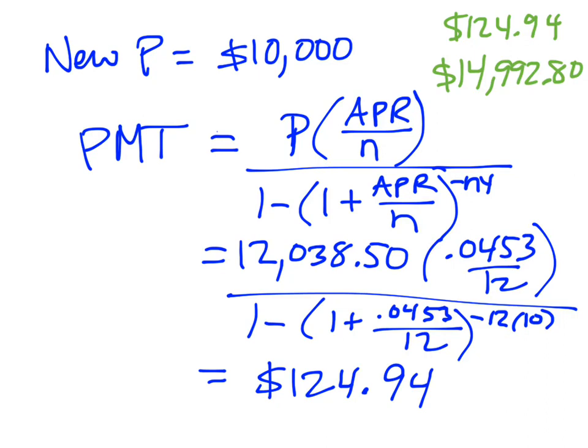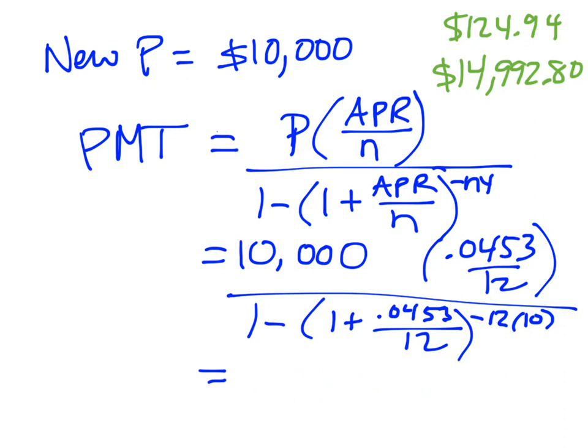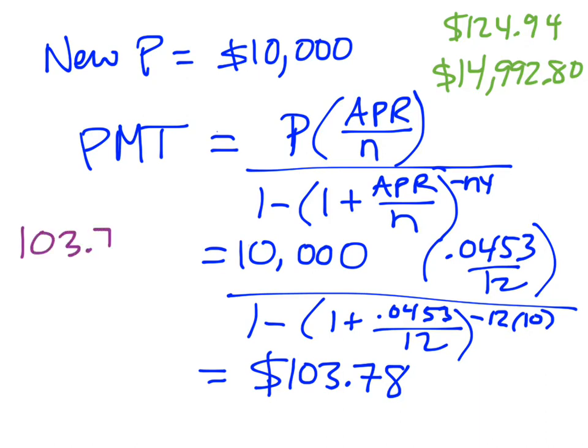Okay, so in that case, interest just compounds on $10,000. And now the monthly payment is going to be $103.78. All right, and then if you multiply that by 120, let me do this in purple so we can keep track of the difference here. $103.78 monthly payment, and then overall that would be